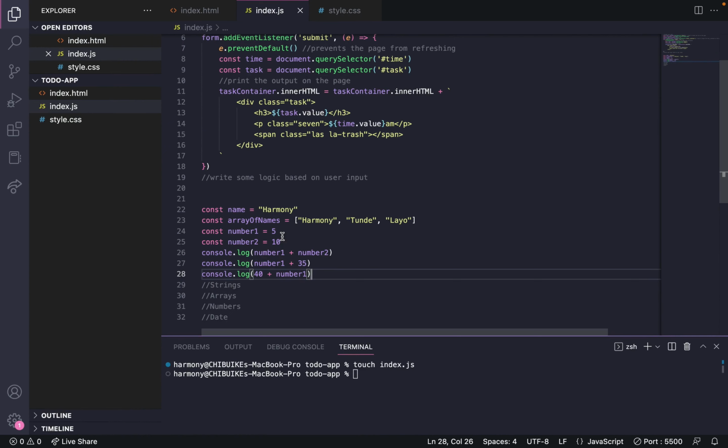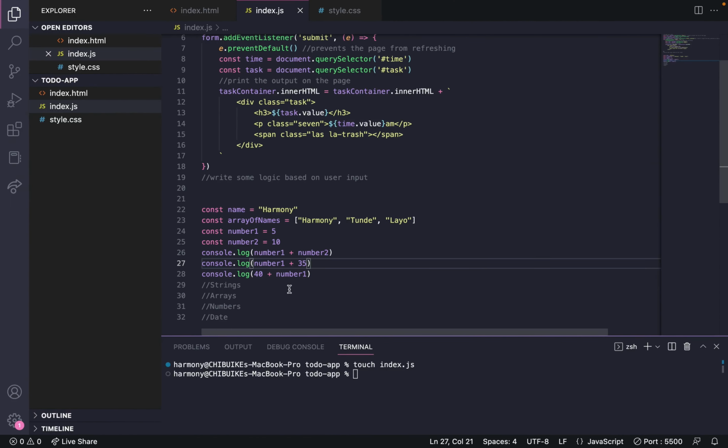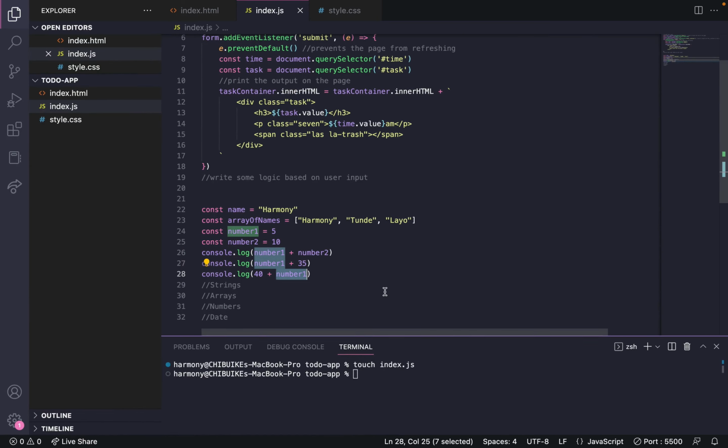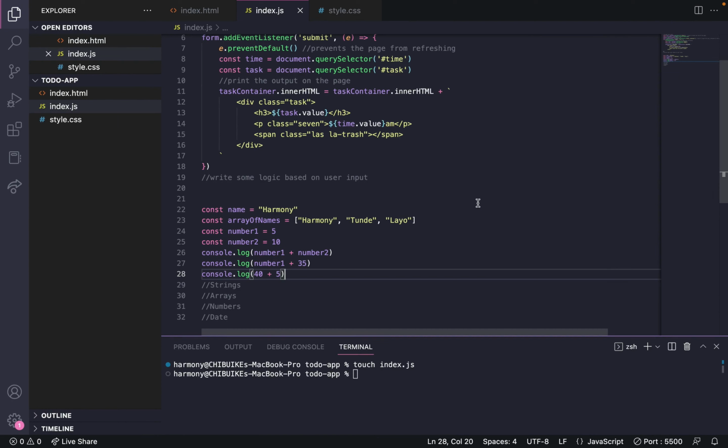So 35 plus number 1 is going to give us 40. 40 plus number 1 is going to give us 45. So if I change this number 1 to 5, it's going to also give me 45. But the essence of using number 1 as opposed to using the actual value is because if, for instance, you want to change something in the future, it's almost like